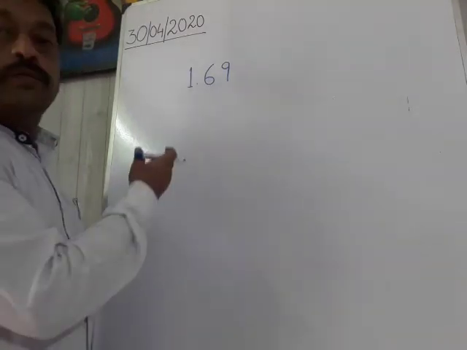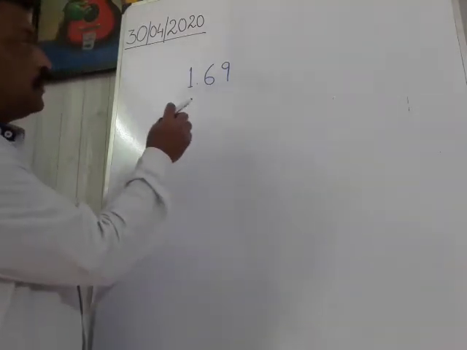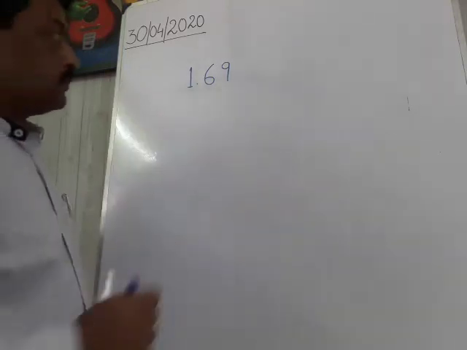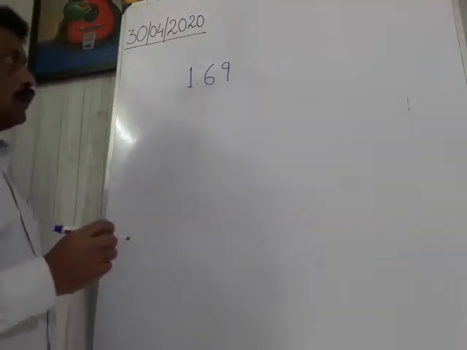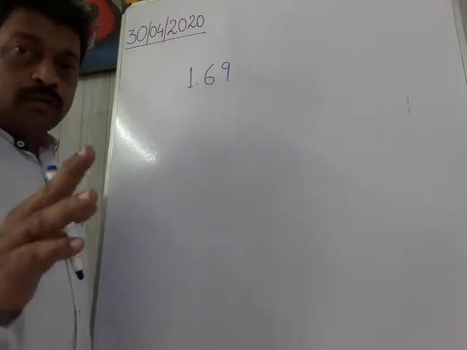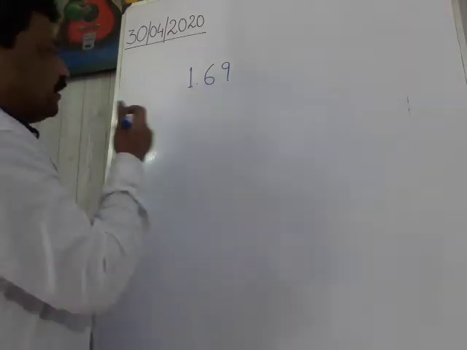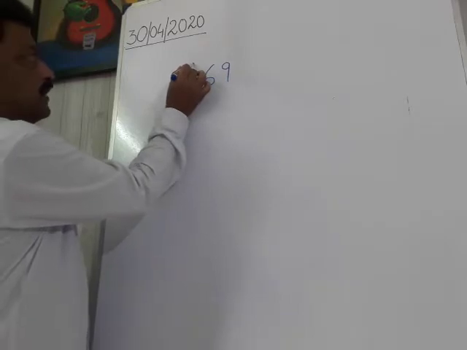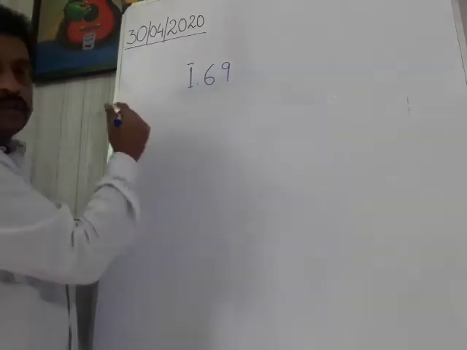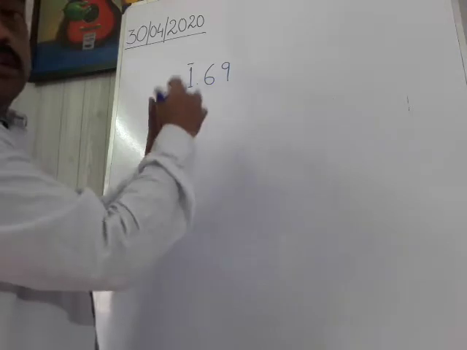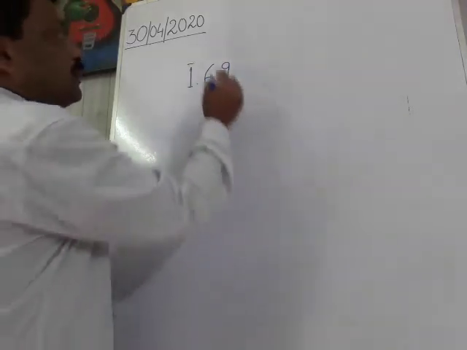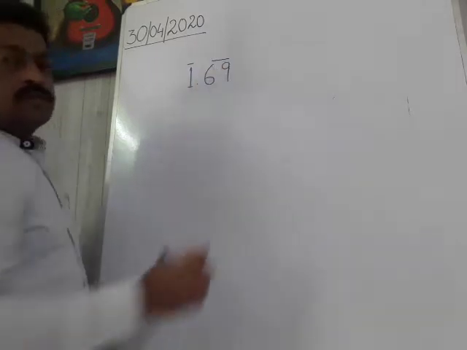So here we go. We have to find the square root of 1.69. So first of all, we have to do the grouping in pairs. For the integral part, we have to move from right to left, that is from the unit digit, and for the decimal part we have to move from left to right for the grouping, like this. So this is a simple way of grouping.